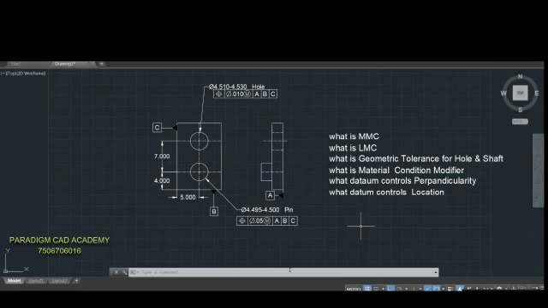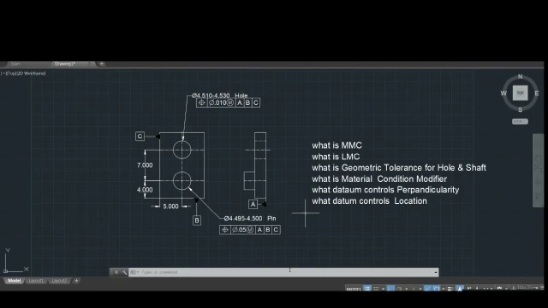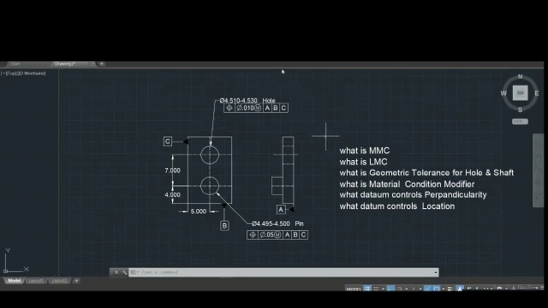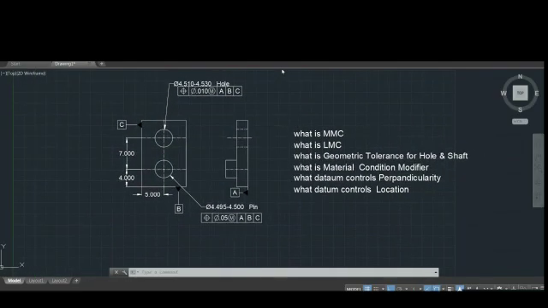So in today's session, we will be discussing geometrical dimensioning and tolerancing. Whenever you are facing an interview, the first round will be a tool test. Then the second round will be a face-to-face or technical interview. In a technical interview, they will provide you a data sheet or a drawing sheet like this one, and they will ask you several questions regarding this drawing sheet. The questions might be like these. Let's see what those symbols represent, and let's try to answer those questions.